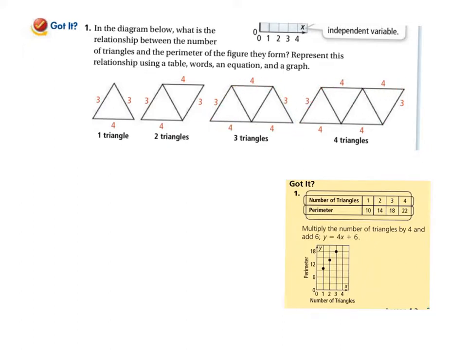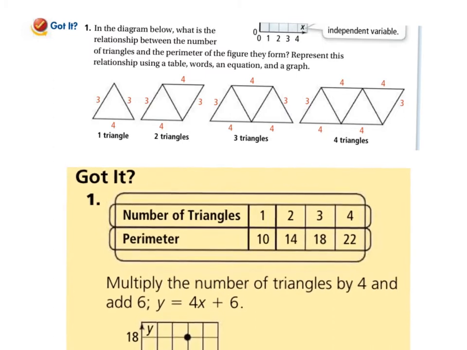And this one's kind of a fun one. So the relationship between the number of triangles, so 1, 2, 3, 4, and the perimeter of the figure. And again, we want to make a table for that, right? So if we were to grab this table, so one triangle